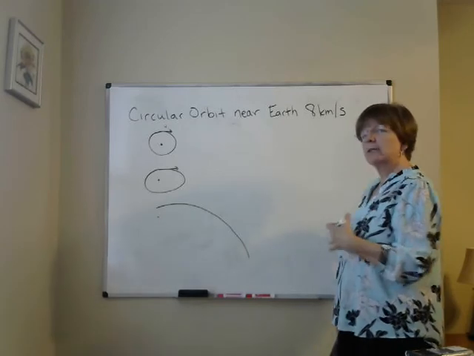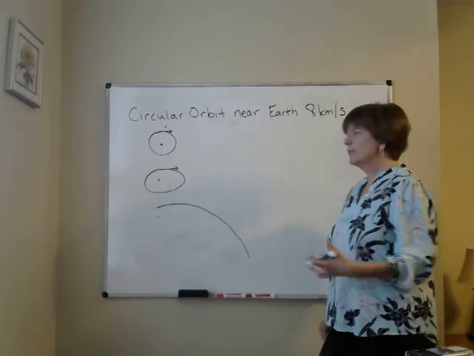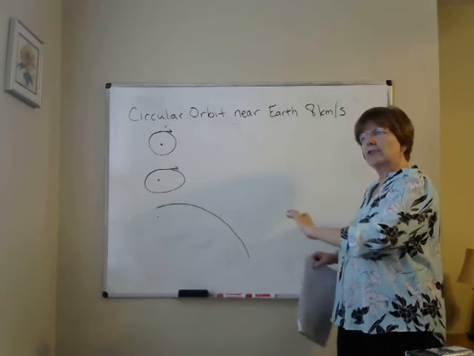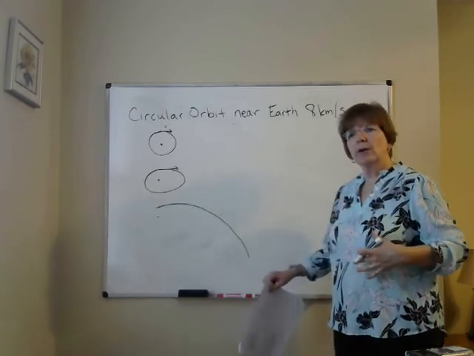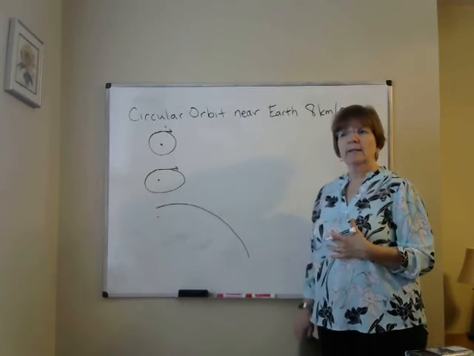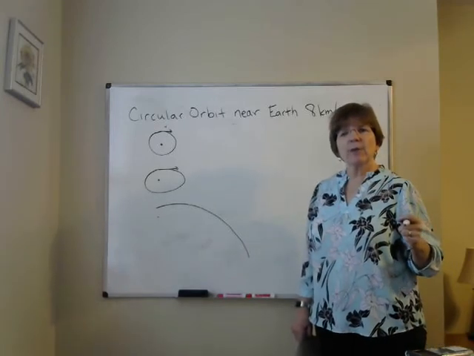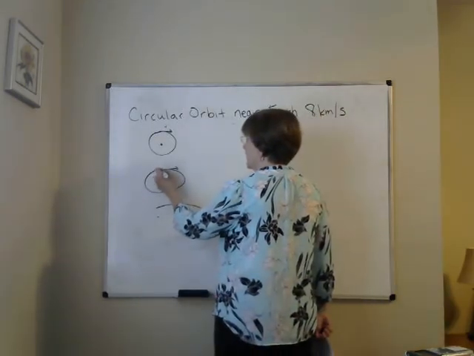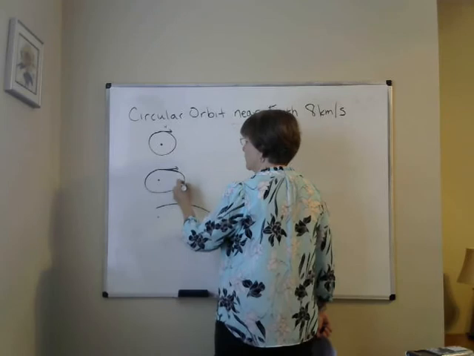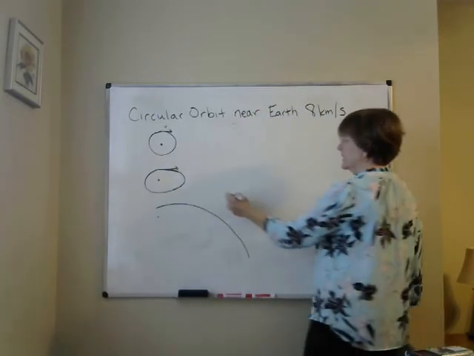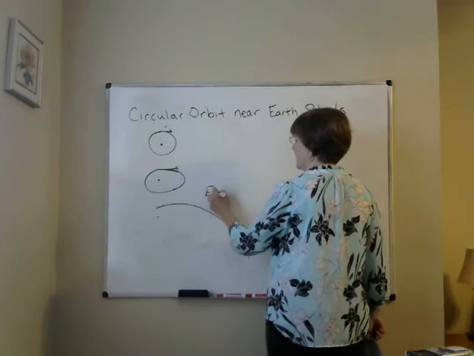Now, it will slow down. Remember, as you get farther away from the Earth, the acceleration of gravity is still pulling on you and pulling on you. It will gradually slow you down, but it won't ever make you stop and turn around and come back. That's the difference. In an elliptical orbit, it slows you down till you turn around and come back. What's the minimum speed? Escape velocity